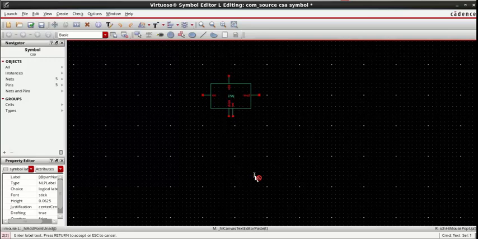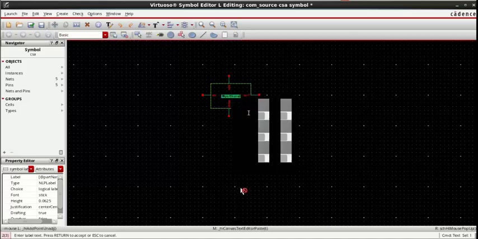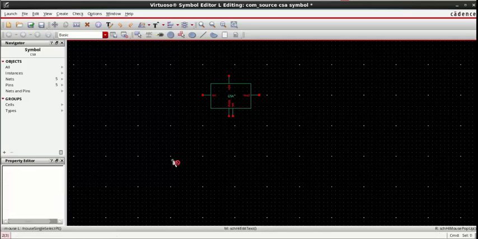These are purely optional. So simple: select, right click, CSA. So this symbol we are going to call for our test circuit.